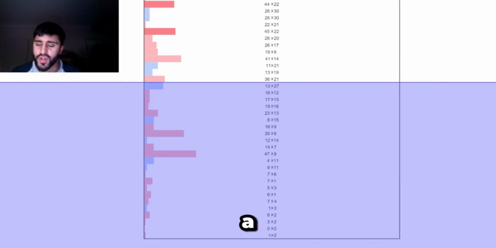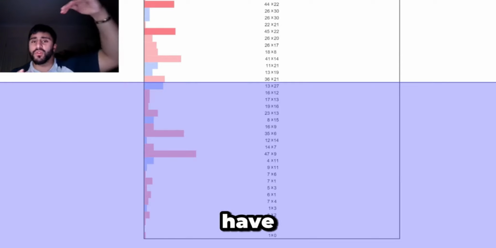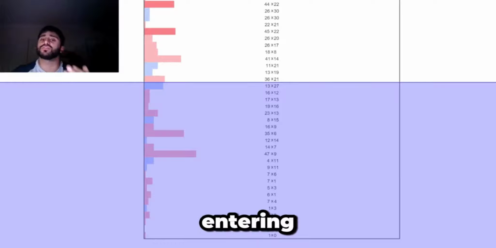What does this mean to us as a trader? As a trader, it means that we have a lot of aggressive sellers that are entering the zone very aggressively. They are looking to drive price lower. So if we just go back and look at the current price